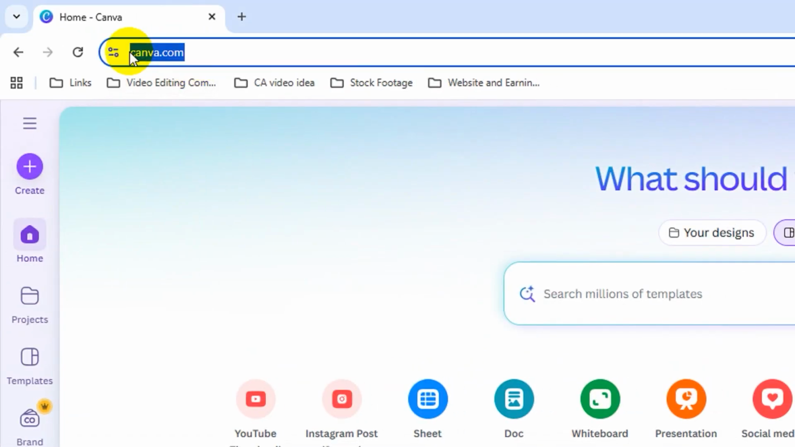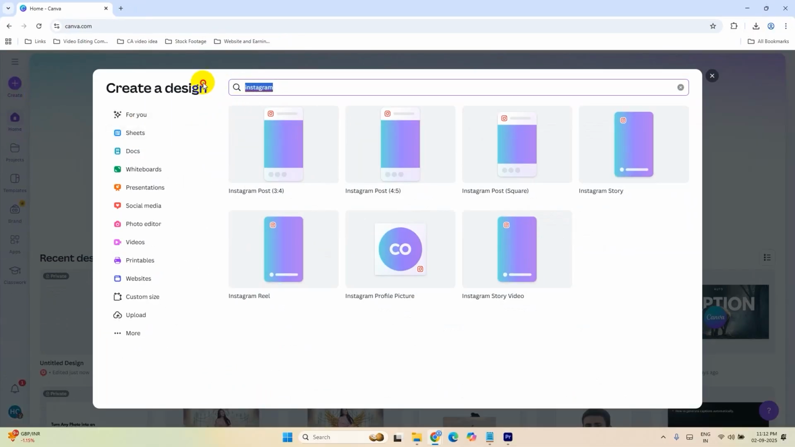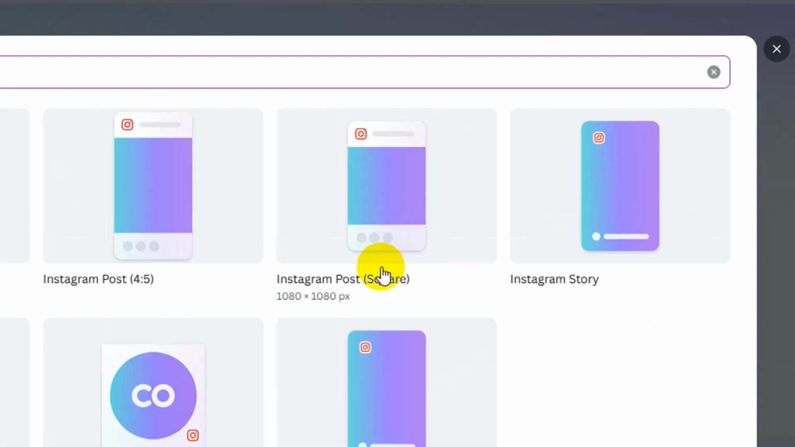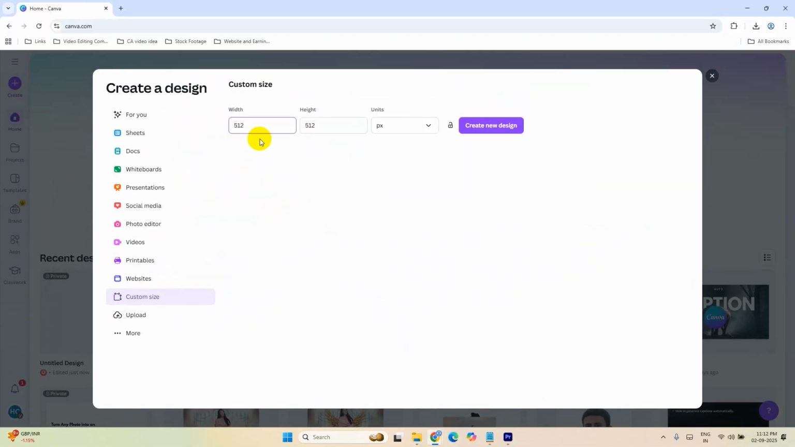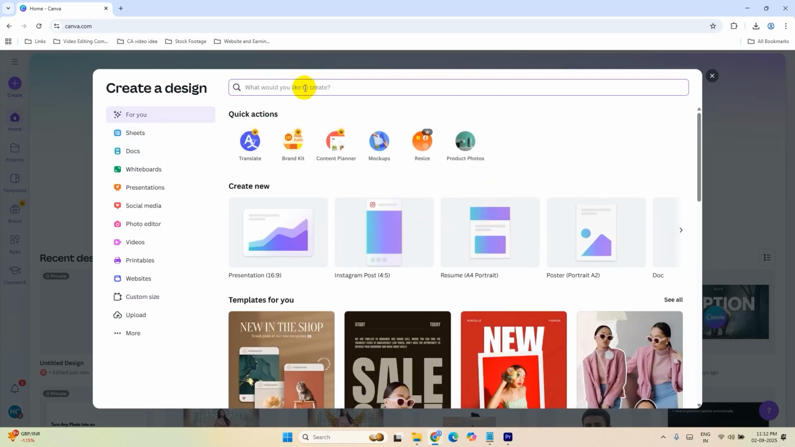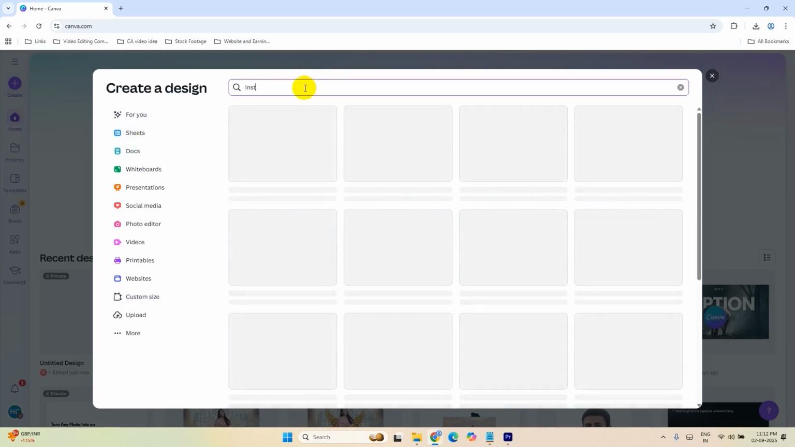So open canva.com first. Click on the create button here and you can search Instagram like this and click on this Instagram post square template, or you can create a custom size. Go to custom size and make width 512 and height 512 and the unit should be selected in pixels. I'm going to select that Instagram square post template,